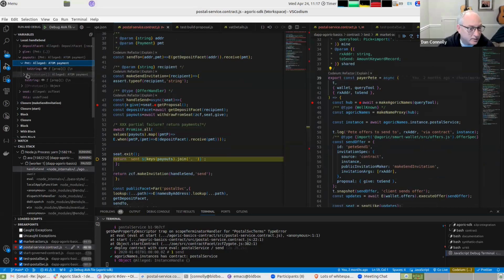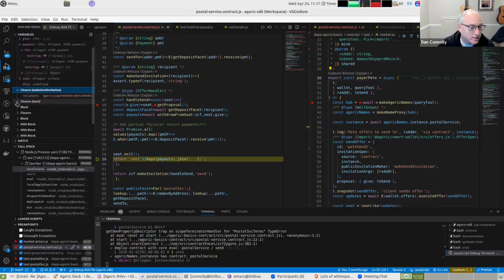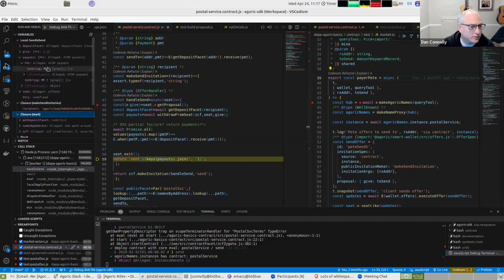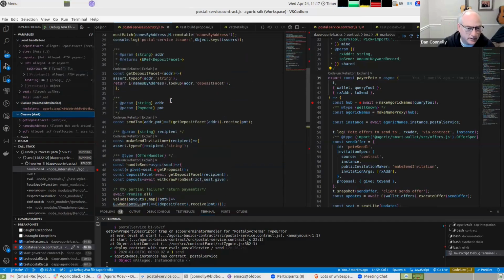There's an atom payment with, oh, right. Payments are sort of opaque objects. If you want to know how much is in something, you need an amount. What else can we look at here? Seat is likewise just an object with methods. Okay, recipient is a normal data structure. We've got a lot of objects here that are not, oh, there should be a proposal. If we're in a